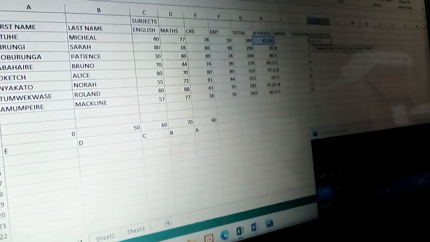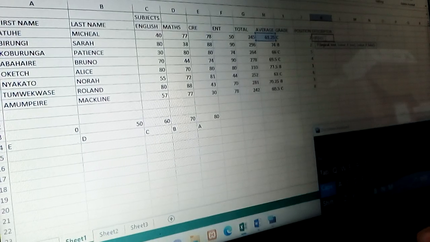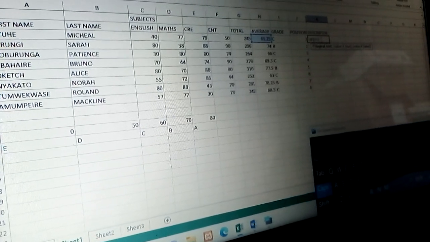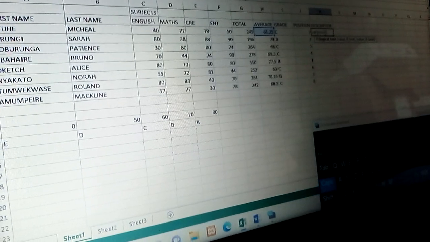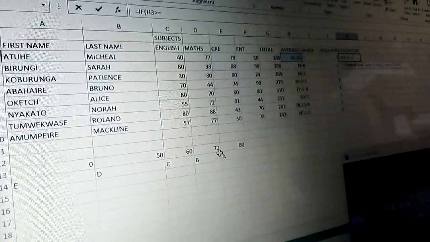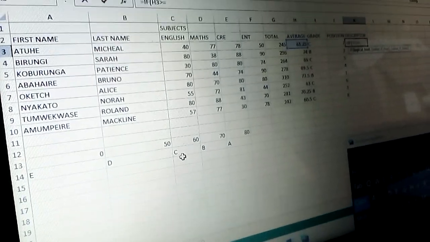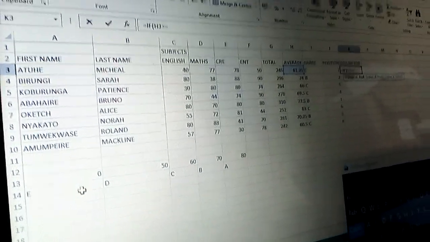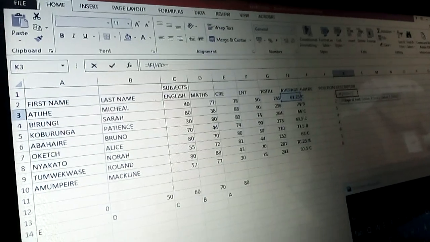If H3 is greater than or equal to, for example, 70 to 100, we say that one is outstanding. Then from 50 to 60, we say that one is moderate. Then below 50, we say that one is basic.